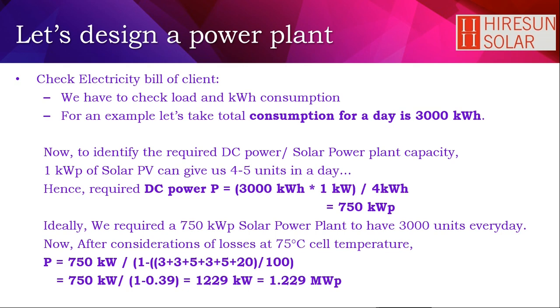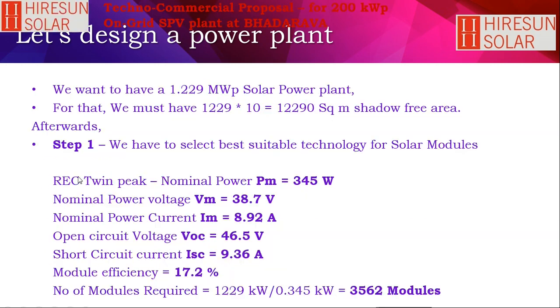So for example, let's take total consumption for a day as 3000 kilowatt hour. Now to identify the required amount of DC power for the solar power plant capacity, we will take our conventional example of 1 kilowatt of power, that is 1 kilowatt peak power